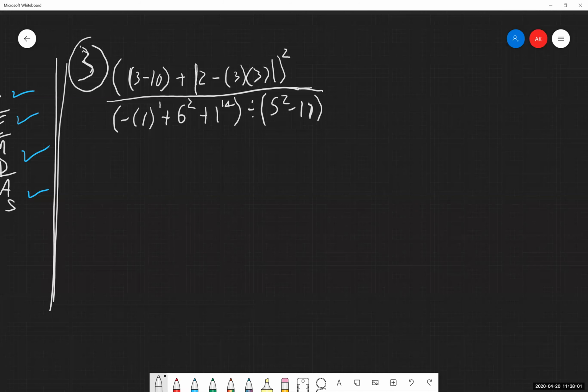But this is why I highly recommend, if you are trying to do all of this at once, you're going to have errors show up. So break it down into smaller parts and do it piece by piece. Makes life a heck of a lot easier when you're going through and solving this in parts versus everything at once. So again, I'm just going to work with the numerator first.